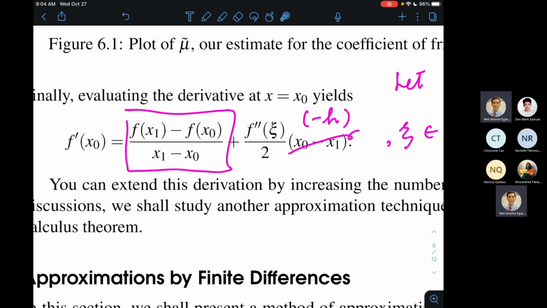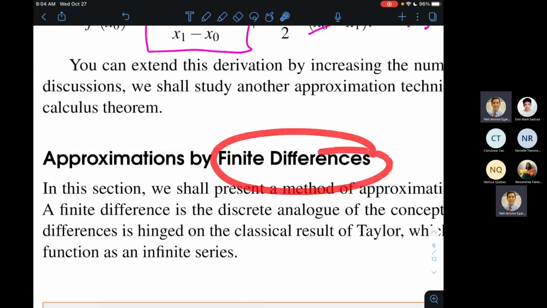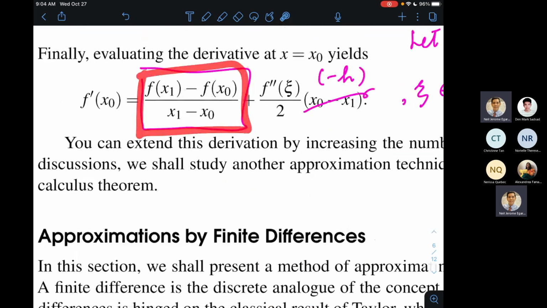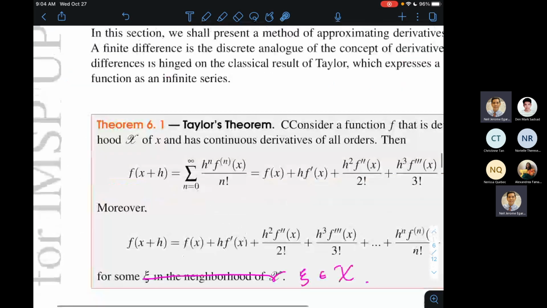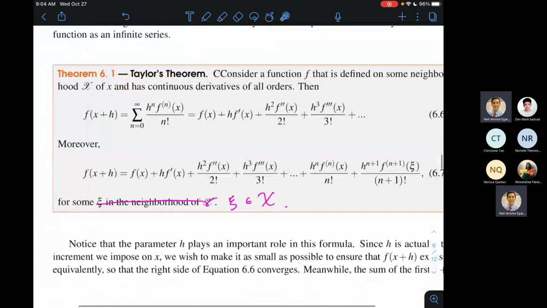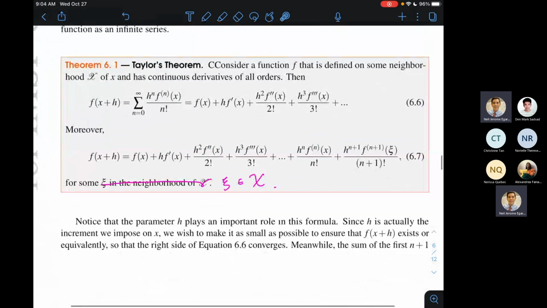So what we'll try to do for the rest of the day is to jumpstart our search for formulas for the derivatives, okay? And for that, we're going to use finite differences, okay? Pag sabing finite differences, ano lang siya, parang ratio ng differences, something that looks like this, okay? But now we will be taking advantage of a very classic result that you might have encountered in your elementary calculus classes,